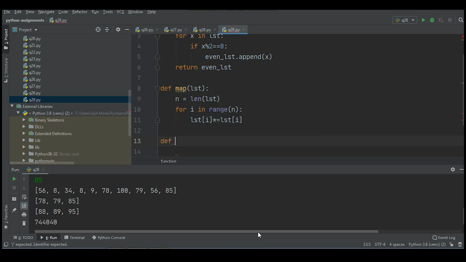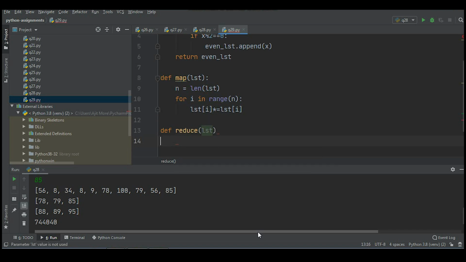Now the next task is to create one more function called reduce. To the reduce function, we are going to pass the mapped list. Is it clear to you? The list in which all the elements are replaced by their square. Now what is the task of reduce?